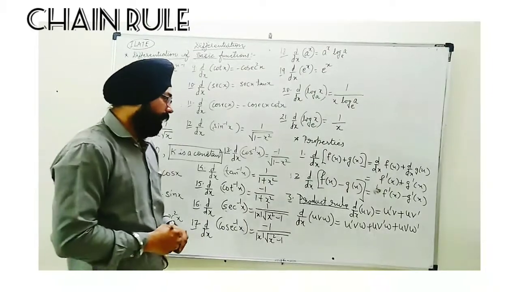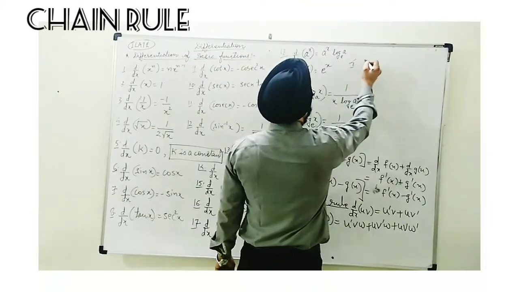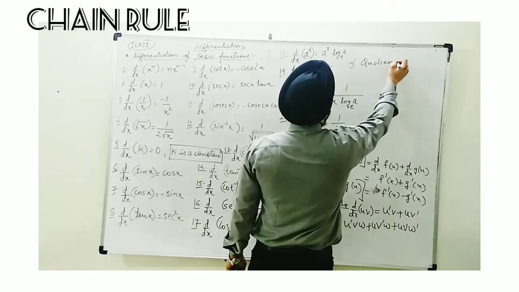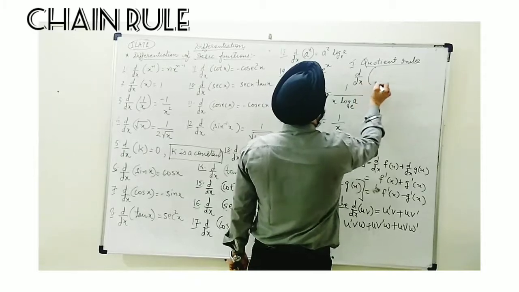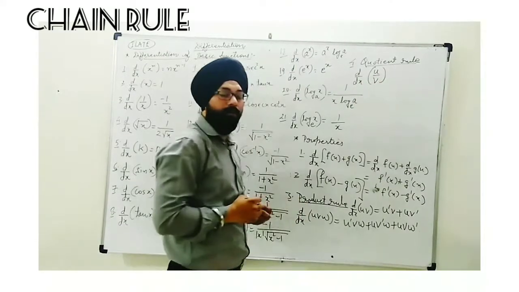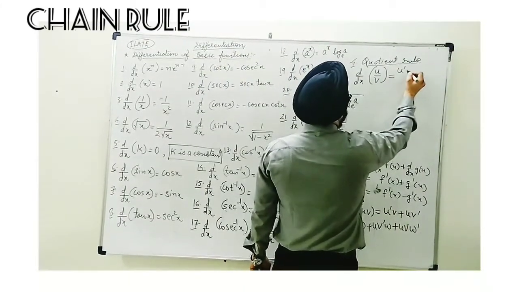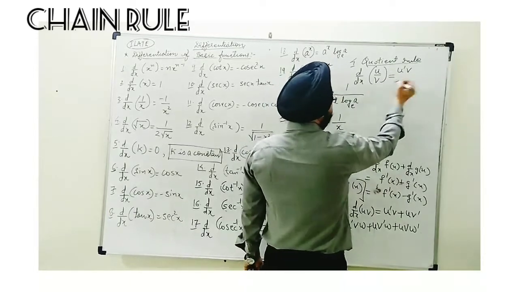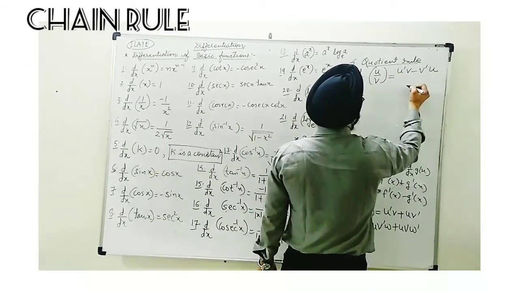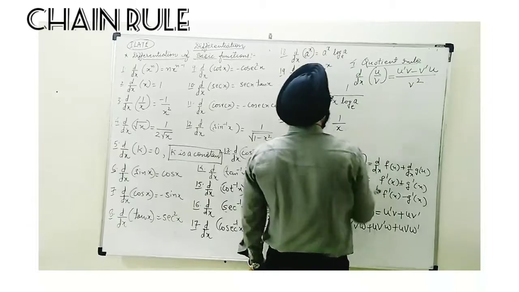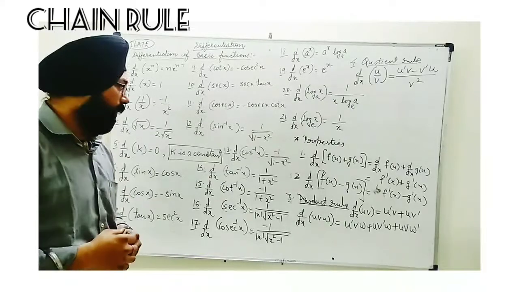Now we continue. We have the fourth rule, known as quotient rule. This is applied when you are given two functions in rational form, p by q form. The rule says that first of all you differentiate the numerator multiplied by the denominator as it is, minus differentiate the denominator, then numerator in multiplication, and in the denominator we get v square. Very important rule for differentiation. All these things we have recalled from earlier classes.